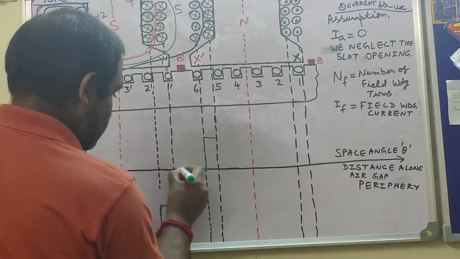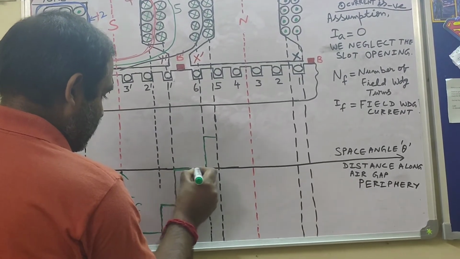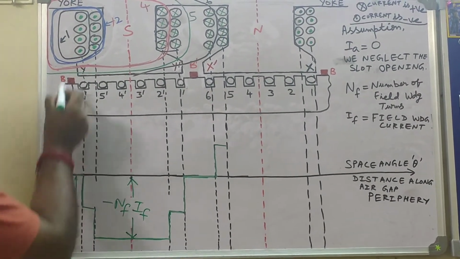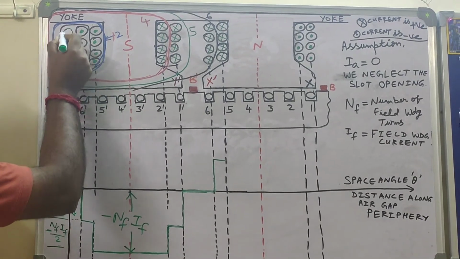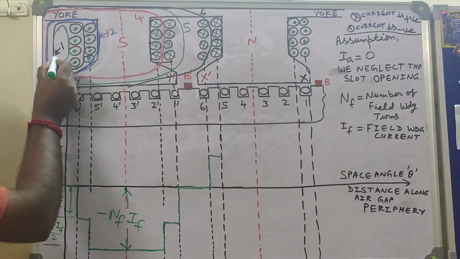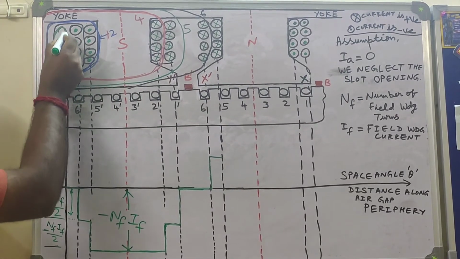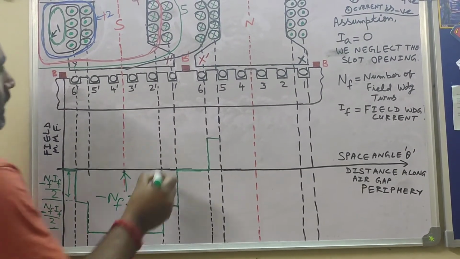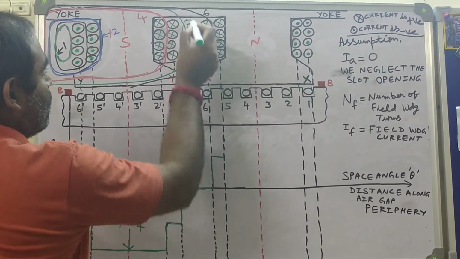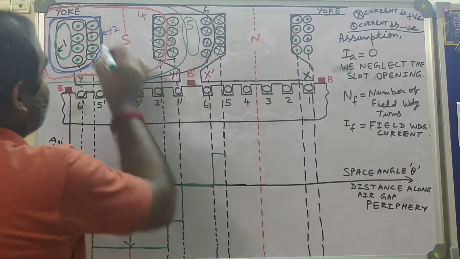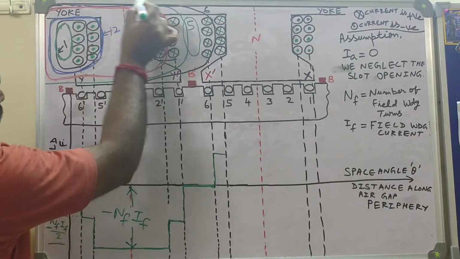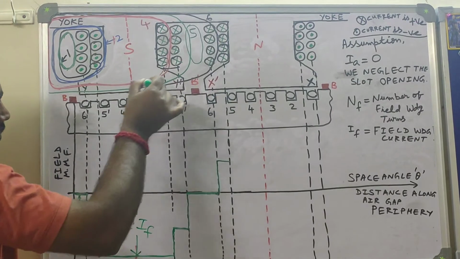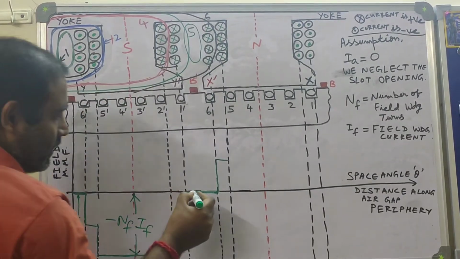In this portion it will be 0. Okay. It is indicated by this green line. Here it's 0. Here also it is 0, because no current is enclosed. If you take this path, please focus here. If you take this path, no current is enclosed, so MMF is 0. So here you have MMF 0. Okay. Here also if you take this path, no current is enclosed, so 0. Or even if you take this path, here also net current enclosed is 0, because if you take this path, follow this pen, dot and cross are cancelling, so net current enclosed is 0. So here MMF is 0.